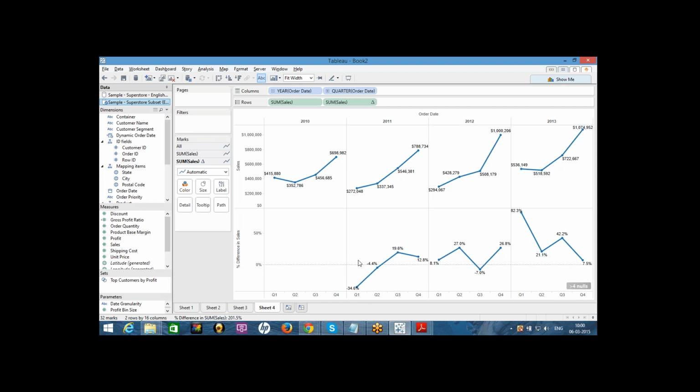I mean, this is last year quarter Q2 and this year Q2. This is last year quarter Q3 and the difference between. So that is the difference here in the quick table calculations. When we apply percent difference,